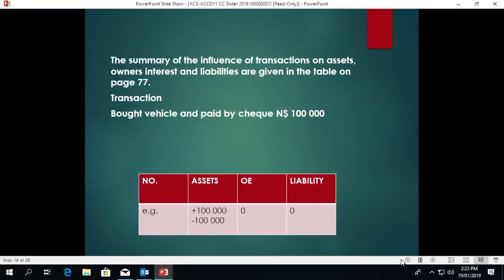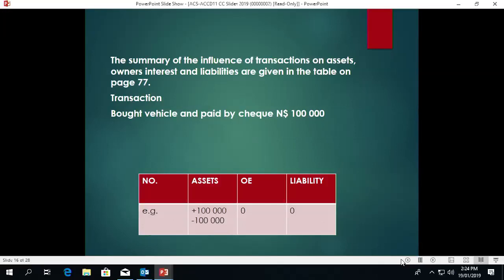And then when you are doing the accounting equation, it's very important that you know the influence of the transaction. Each transaction is either going to have an influence on the assets of the business, on the owner's equity of the business, or on the liability of the business. I want you to go through page 77. I like that table in the accounting didactic module. It's well summarized. They tell you this, if it's this type of asset, where is the effect on the accounting